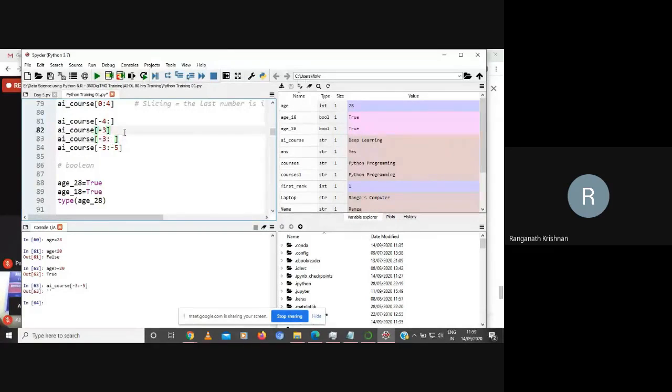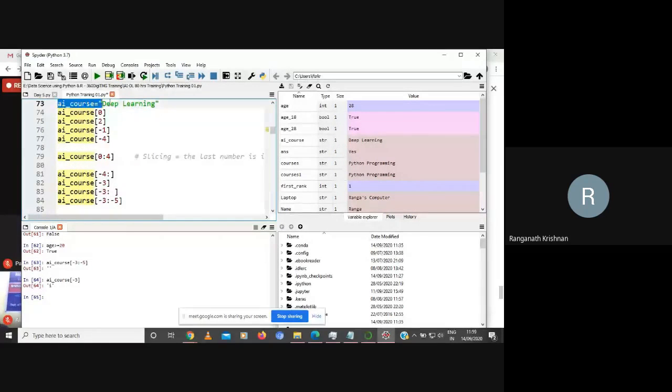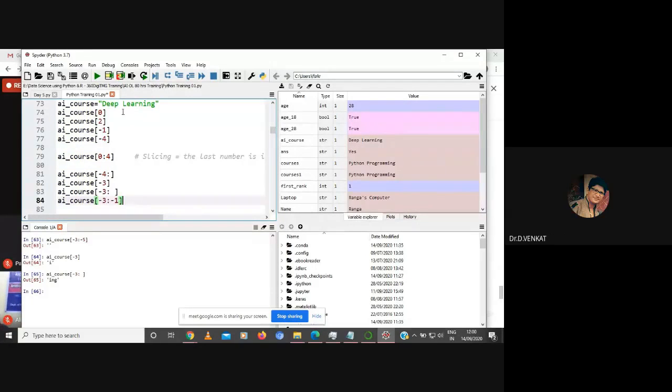This you can easily understand. See, -3 is going to give me I, right? 1, 2, 3, I. Fine. -3 is going to give me I. I'm just saying, start from 3 and give me everything. Then here, let's start from 1. See what it does. What did it do? From 3, it gave I and N.